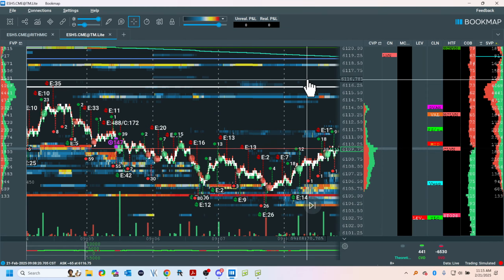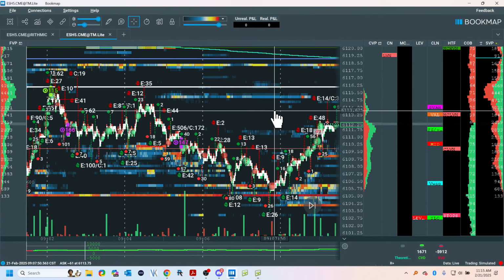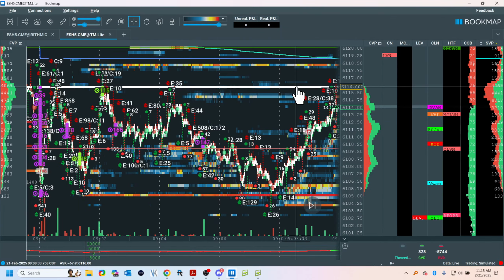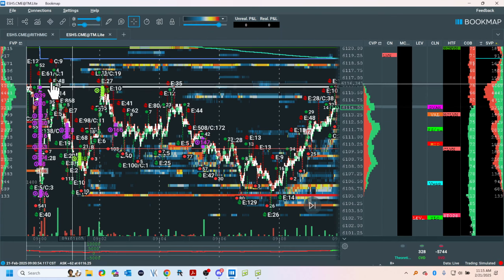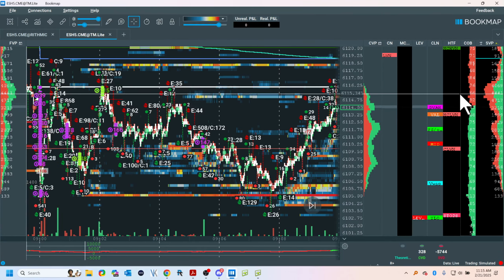Looking for another location to get short again. Kind of what I do, rotational trading. I'm just saying it's just a thought, not saying you should do it. Where's my resistance? It's here. And where's my stops? Above here. You always got to look left. So I got resistance here. I got stops sitting here.